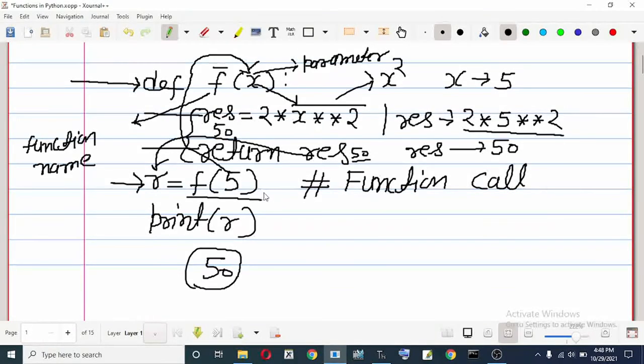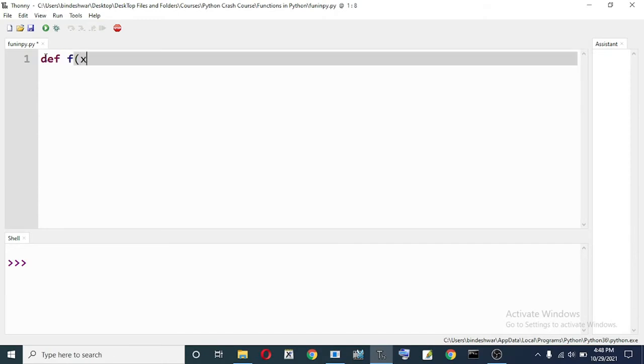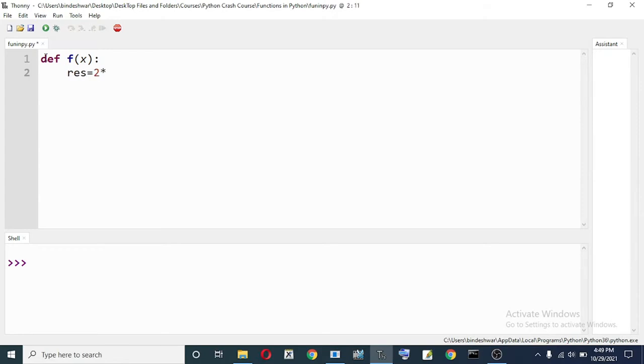Now let us move to the Thonny editor, which I use, and write the code. def f(x): colon, it shows indentation, then res = 2 * x ** 2, that means 2 into x square, and return res.